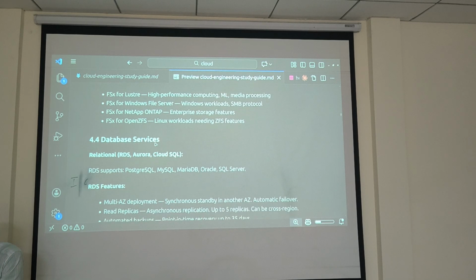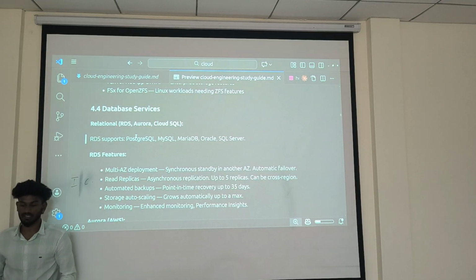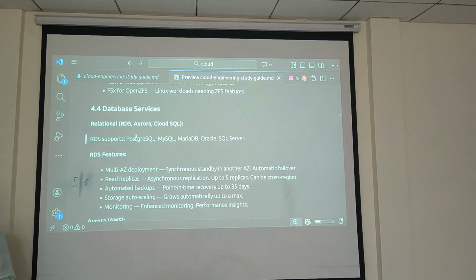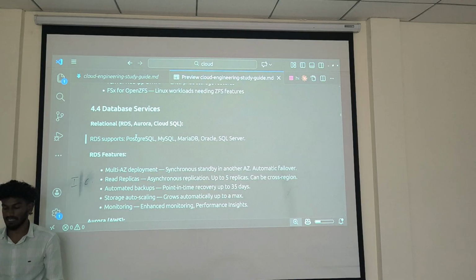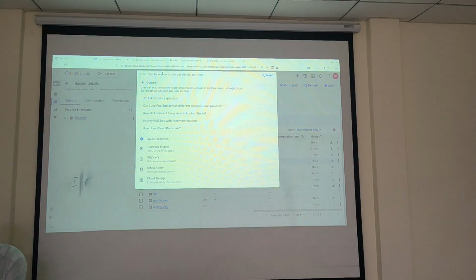That's it. Okay. Next one is the database service. What I explained previously is like a database service. They will provide the databases. If I'm opening GCP, they will provide some databases. In 1 minute, I can show that.